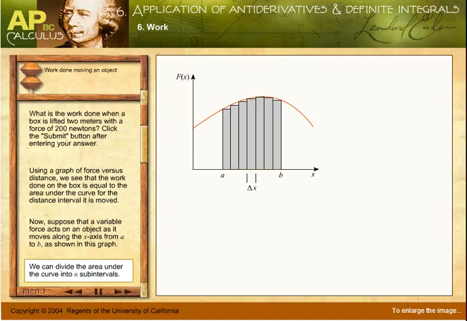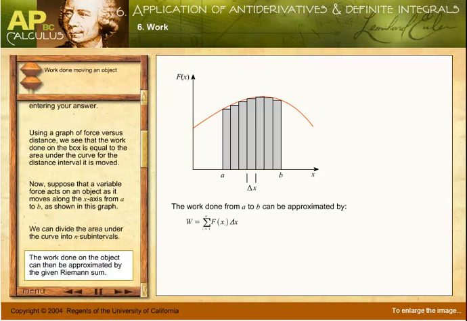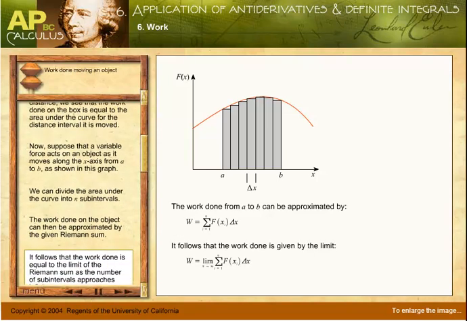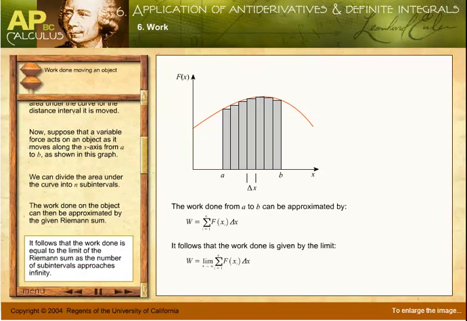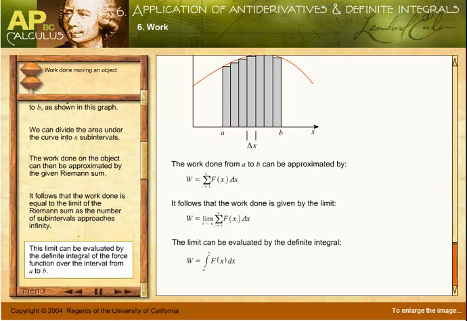We can divide the area under the curve into n sub-intervals. The work done on the object can then be approximated by the given Riemann sum. It follows that the work done is equal to the limit of the Riemann sum as the number of sub-intervals approaches infinity. This limit can be evaluated by the definite integral of the force function over the interval from A